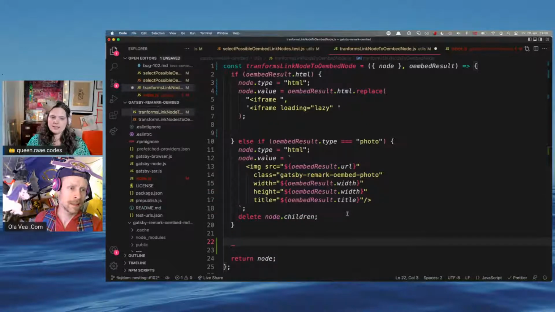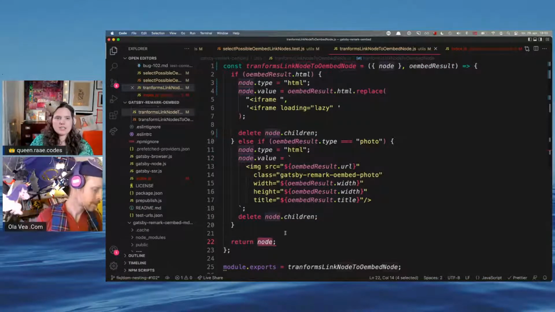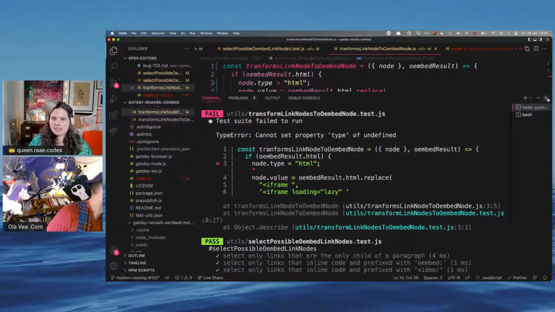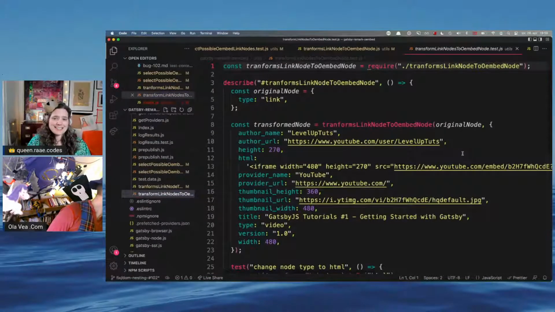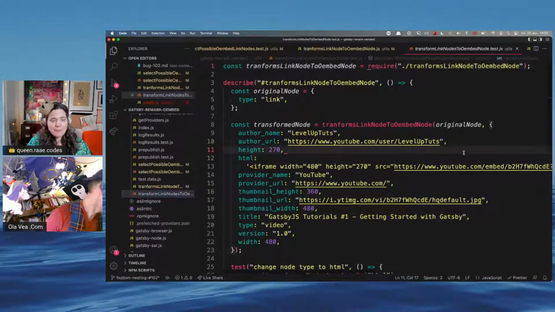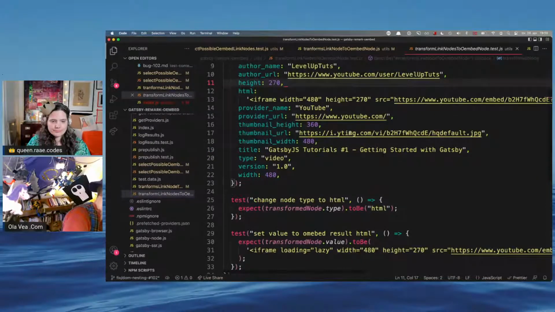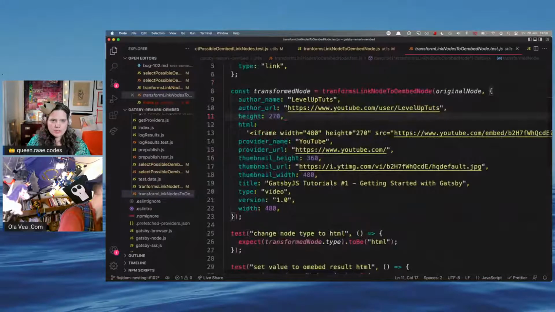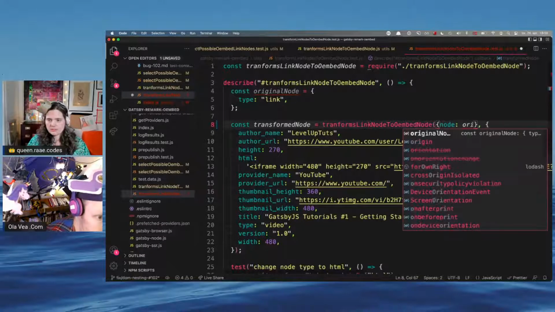No, oh no, let's not. Because here, if there is no oembed result, we just send the node on through without doing any changes. So that's good. Now I need to change the tests for that one. I guess you should change the test first. But yeah, we didn't. Transformed node. Okay, let's do node is original node.